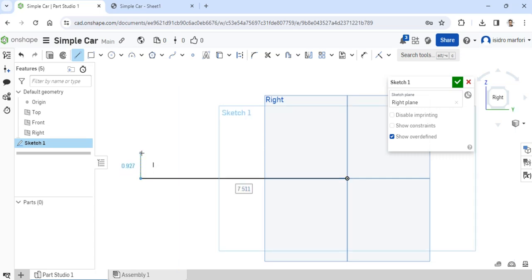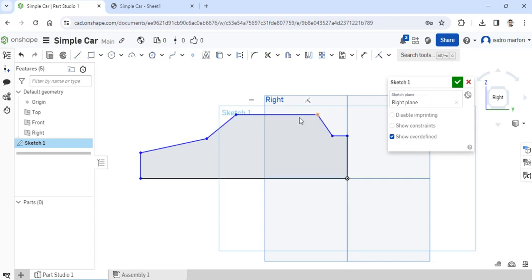Right now the dimension doesn't matter first. We just have to make the profile of the car just like that. Now it's a good idea to constrain it to the center. In this case, I started with the back portion here, and that should already be good for our simple car.